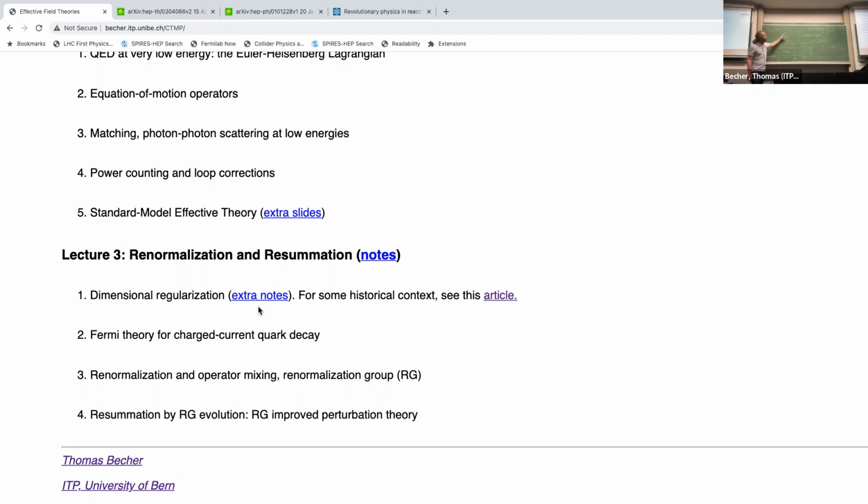So this operator will be generated, and when we do the matching, we find that at tree level, this has Wilson coefficient 0. So at tree level, this is absent, but actually loop effects generate it. And now you could say, well, it's only an order alpha effect. But if you do this running afterwards, this is about 30% as large as the other ones. So these high energy gluons that we integrate out, they have an effect. They make this operator all of a sudden appear and make the coefficient sizable.